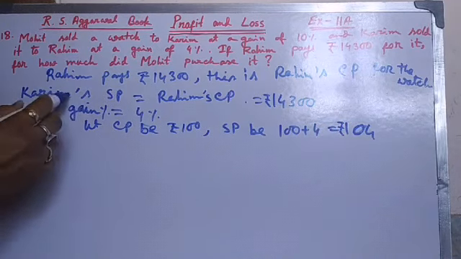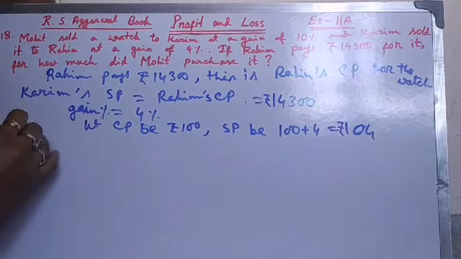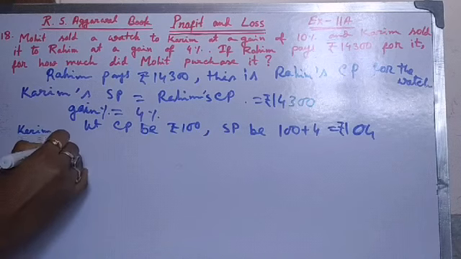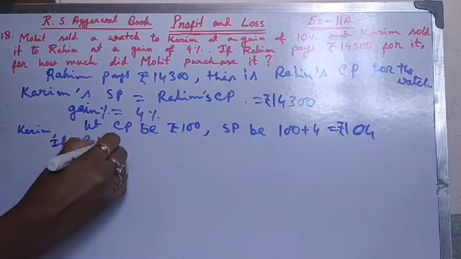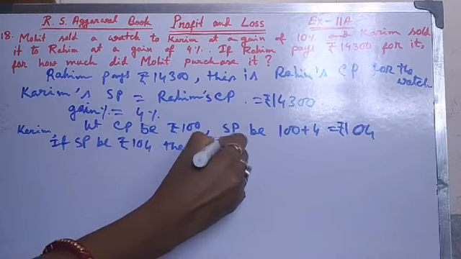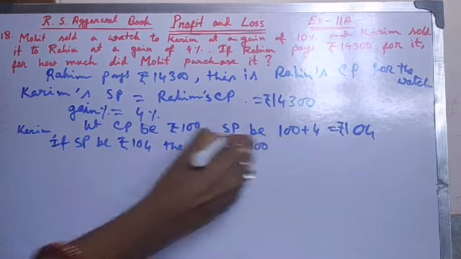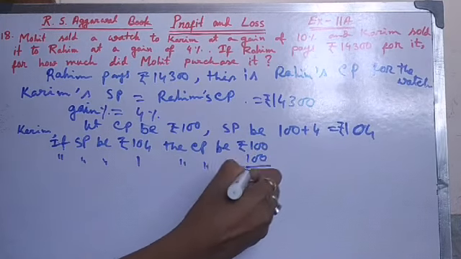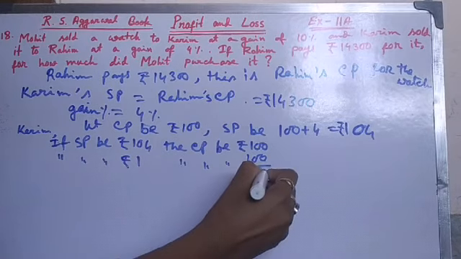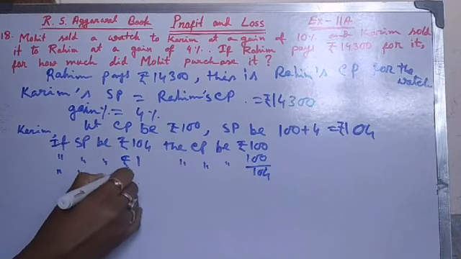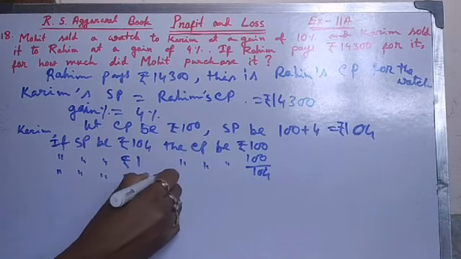So CP, we have to find out Karim's CP, that's why CP will be on the right hand side. So for Karim, if SP is rupees 104, then CP is rupees 100. Then for 1, it is 100 by 104, then if SP is rupees 14,300,